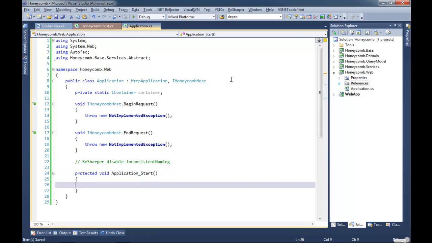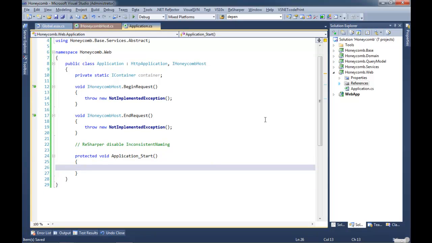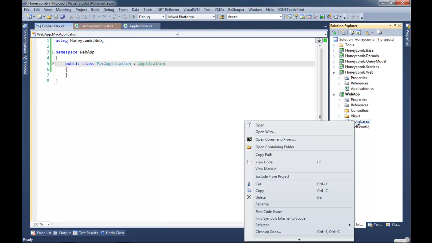Okay, in the application start, that's where we're going to initialize our container. And I know when I first saw application start being used, my first question was, well, why can't we put this in the constructor of the application? And it's kind of interesting the way ASP.NET deals with these classes, the special application class. You'll notice that our MVC application ultimately implements or extends that. And you'll notice if we go into our global ASAX, if we right-click, and I can't remember, it's view markup,